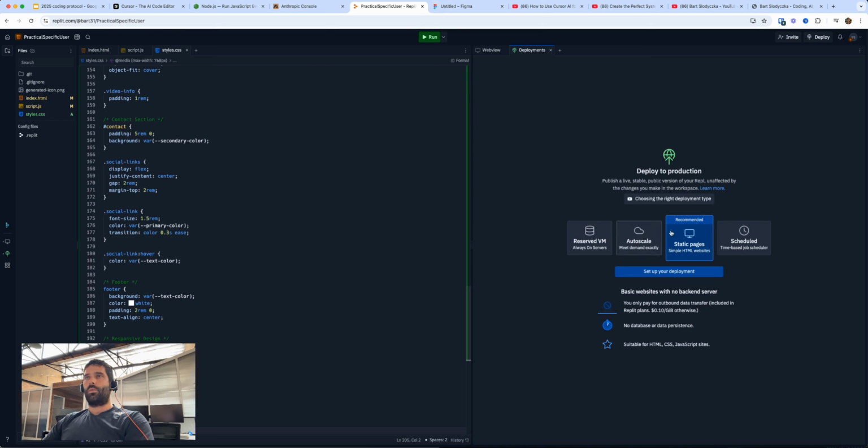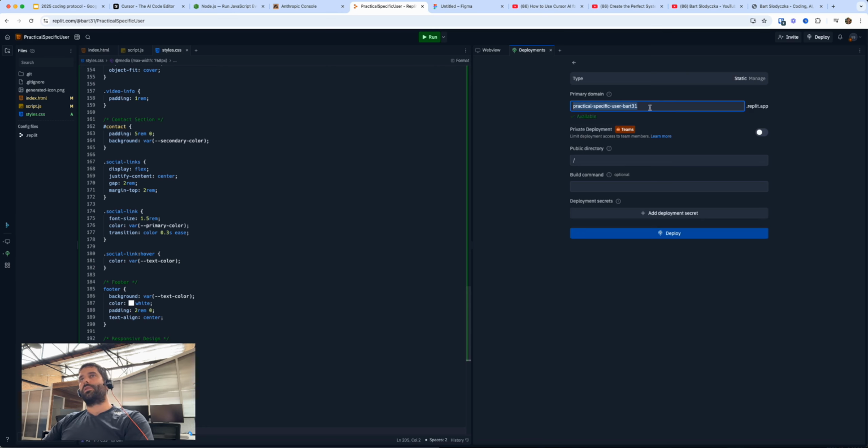Typically, whichever option you choose here, so I've chosen HTML, it'll tell you the recommended version of deployment, and you can just choose that. So I'm going to keep everything the same. Over here, this is just a name that's going to be used for the URL, so you can change this to whatever name you want, but it's still going to have .replit.app at the end. What you might want to do is, after you deploy this, change the URL by changing the DNS records. If you have your own website, you can overlay your own custom domain so that this URL points to a different URL that uses your domain, and it makes it a little bit more professional.